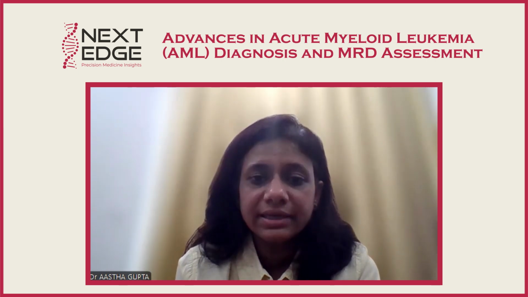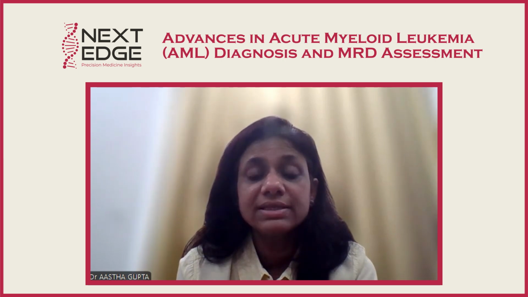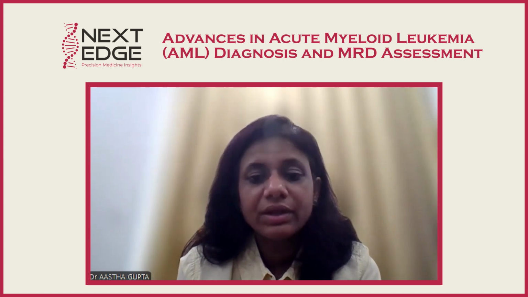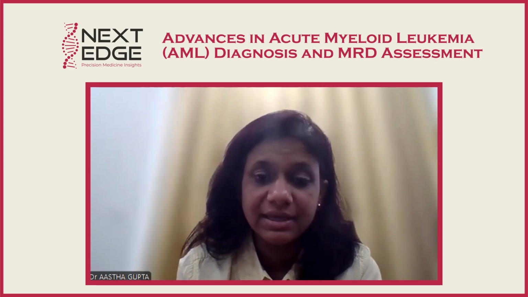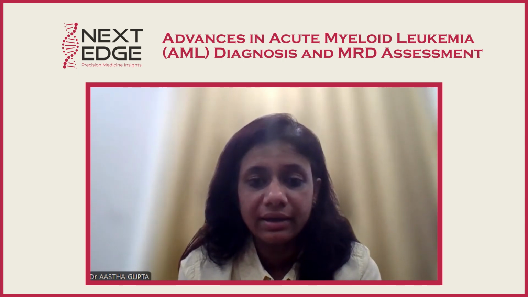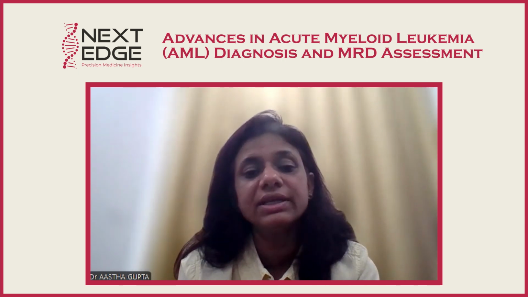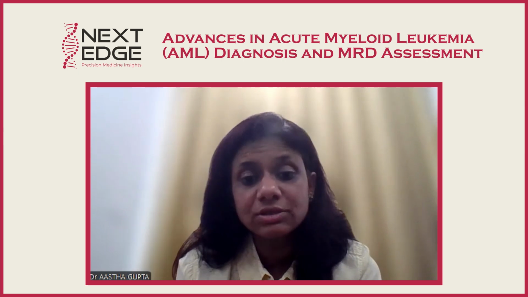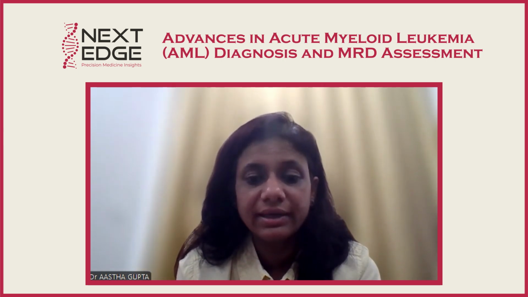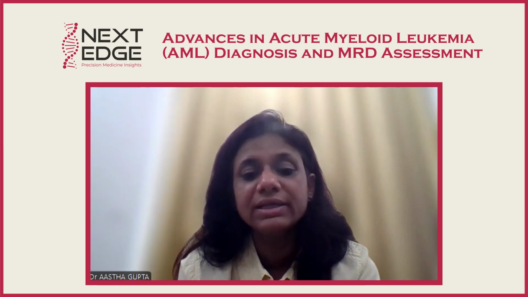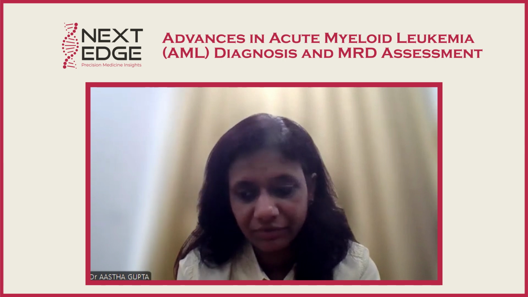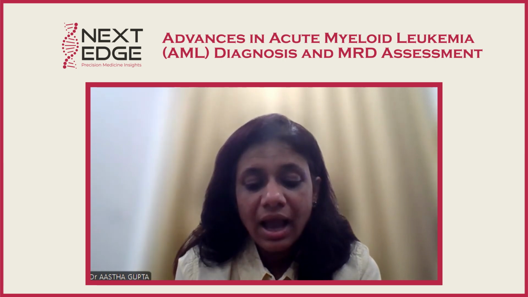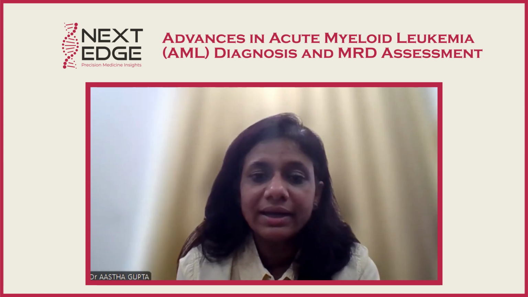As the technology advances in flow cytometry, the sensitivity is also improving because now the flow cytometers can acquire as high as 5 million, like 50 lakh cells. So when we can acquire and analyze more and more cells, our sensitivity is again improving. So this is also an advancement in the technology, where improvement in sensitivity will help us to identify the MRD in a better way. And one thing is very important,